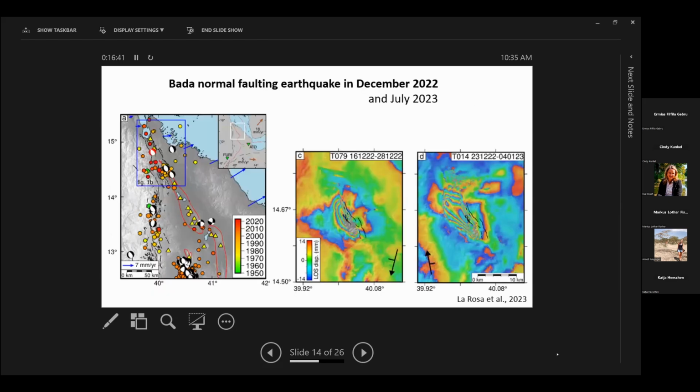At the northern end of the Danakil Depression, there's also good evidence of fault-only deformation from InSAR, but in this case, it tends to be only normal faulting, not oblique slip faulting. This is work recently published by Alessandro. So there's a magnitude 5 earthquake and subsequent magnitude 4 earthquake in the Bada area again in December 2022,